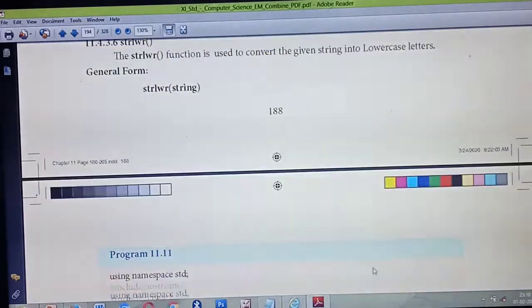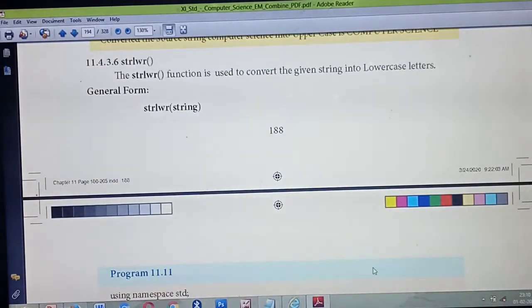Understood? Okay, so the next one is strlwr, that is string lower. It is the same thing as string upper, only the opposite. String lower is mainly used to convert the given capital letters into small letters, or convert the given string into small letters.